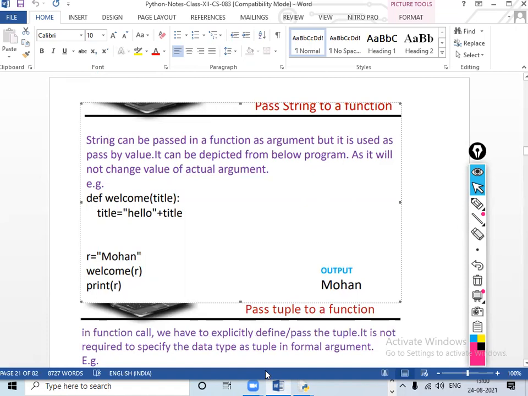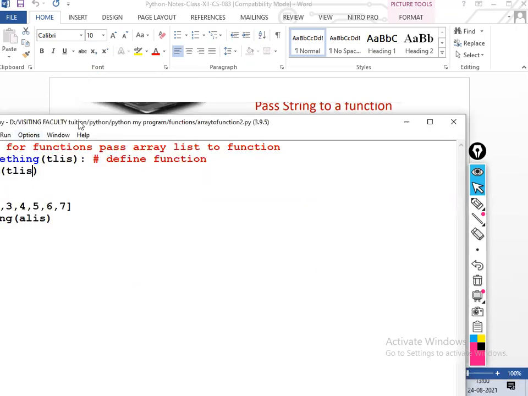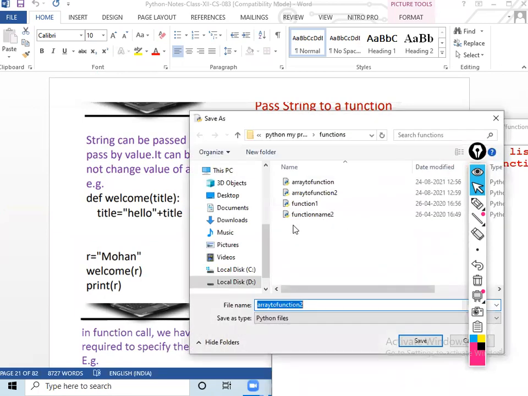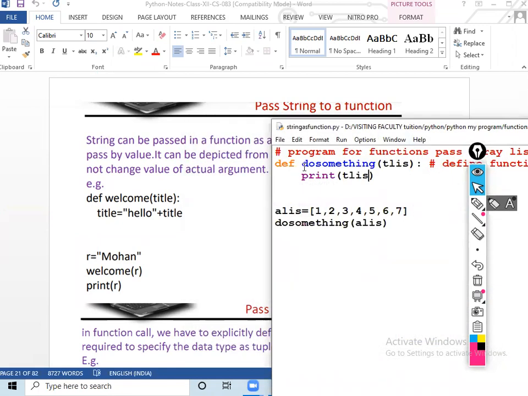Now see how to run this program. String function, strfunct, title.